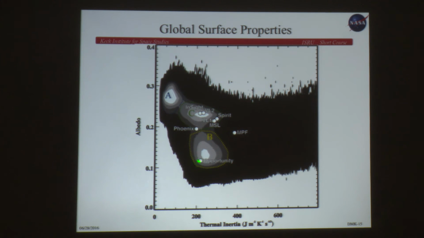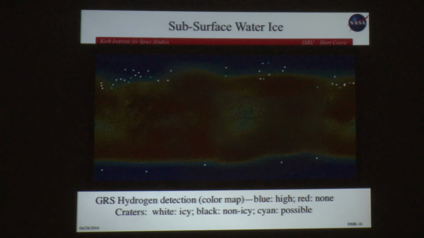Opportunity was in one of those very dark places, but it may have been a very unusual and not typical one for them. But as you can see, most of our missions have landed right here in this C cluster, and so that's really the only one we've sampled. There's all this area out here as well. There aren't many terrains that are like that, but there are some, and they add up overall that we haven't seen at all. These are places where you've got rocks or perhaps even bedrocks or other things that might be interesting for mining that are actually quite hard to go to.